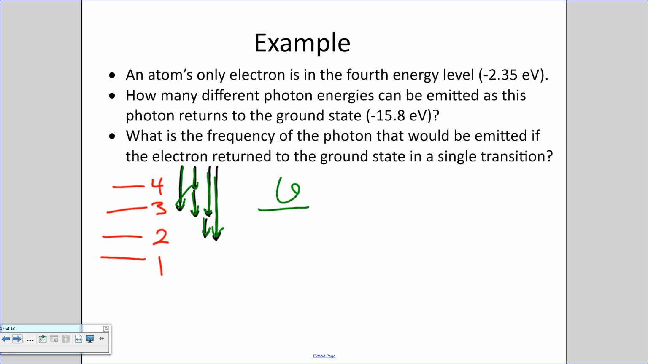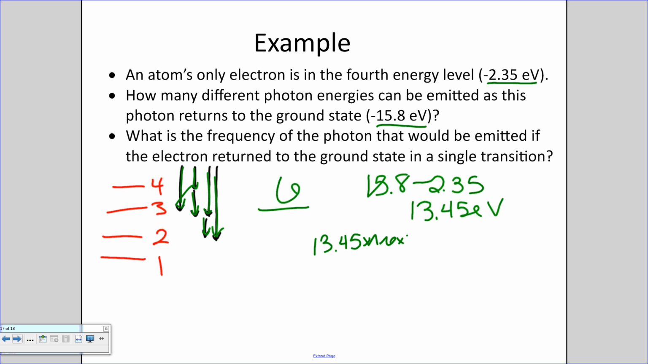Now, what's the frequency of the photon that would be emitted if the electron returned in a single step? So the ground state is 15.8. It was at 2.34. So 15.8 minus 2.35 gives me how many electron volts of energy? 13.45 electron volts of energy. If I take that 13.45 and multiply it by 1.6 times 10 to the negative 19th,